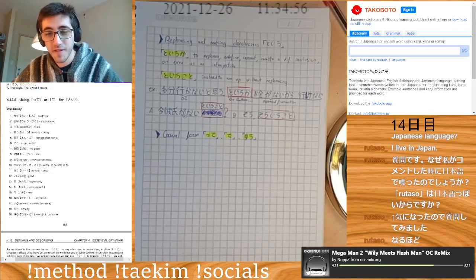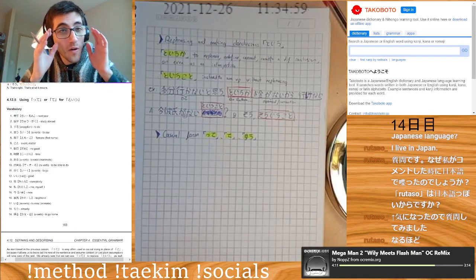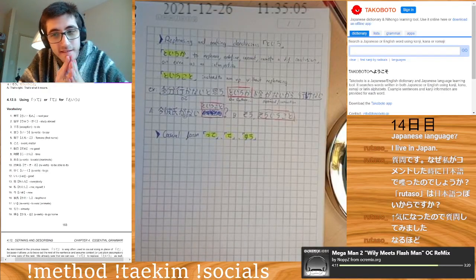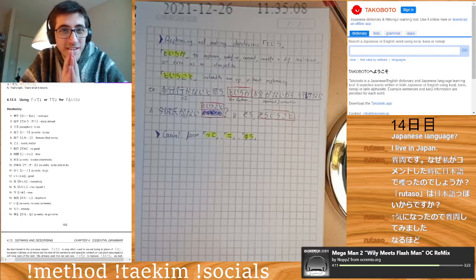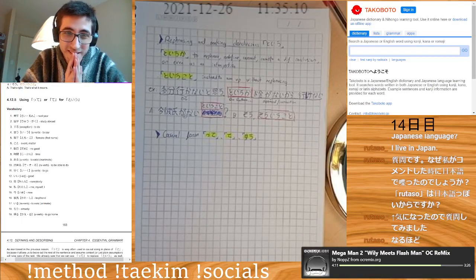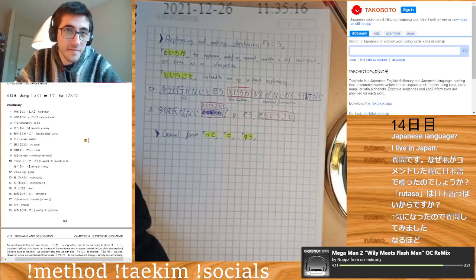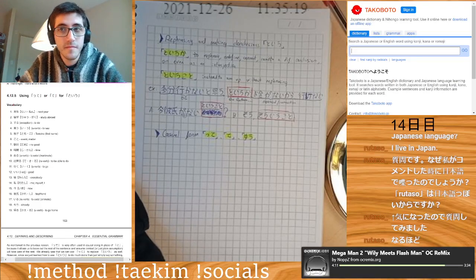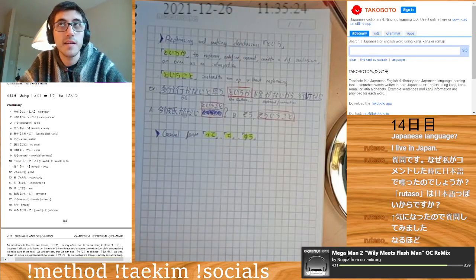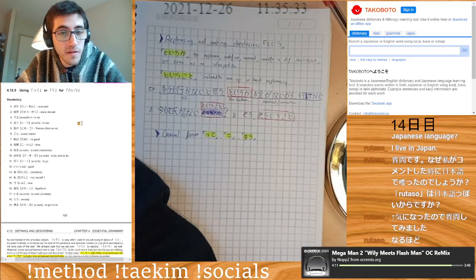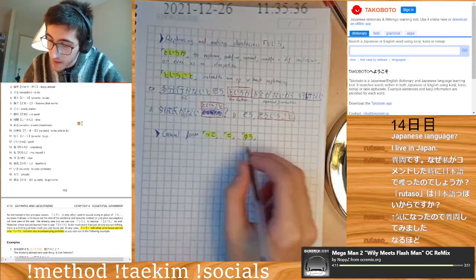Someday I'd like to do like a Japanese only stream. 日本語だけ配信やりたい。まあ、今はそんなこと無理です。ゲームも日本語だけやりたい。ビジュアルノベルで。